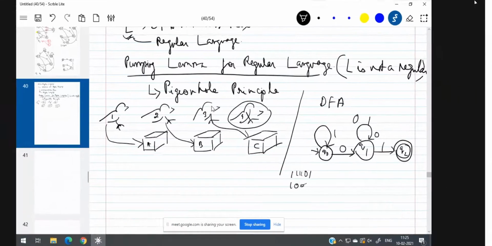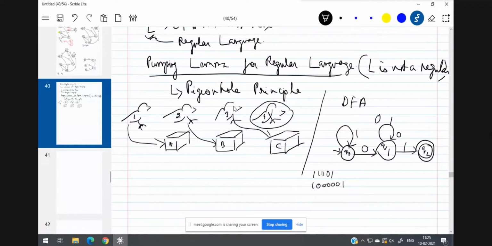1, 0, 0, 0, 0, 0, 0, 1 will be accepted. 0, 0, 0, 0, 1 will be accepted. And after this 1, if it is 0, and then followed by 1, it will be accepted. So 1, then 0, then 0, 1. And then what about 1? If it is going to be 1, then